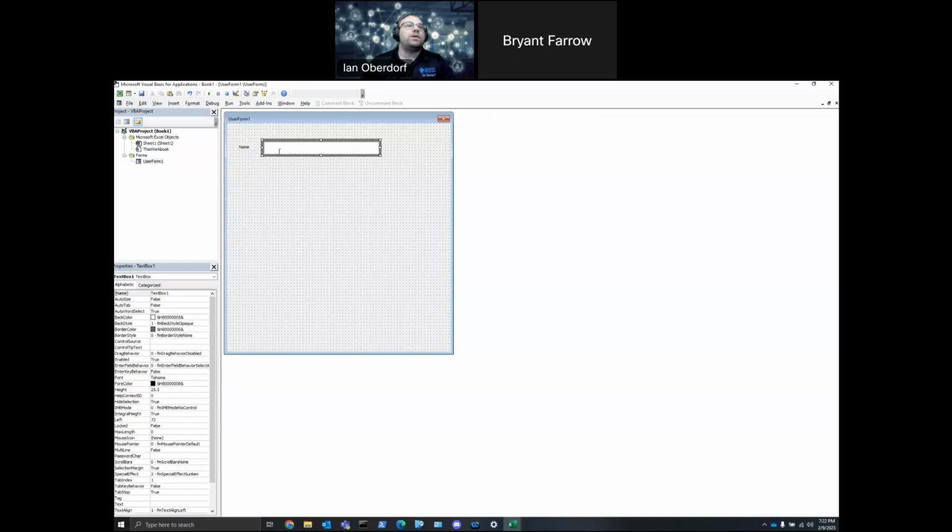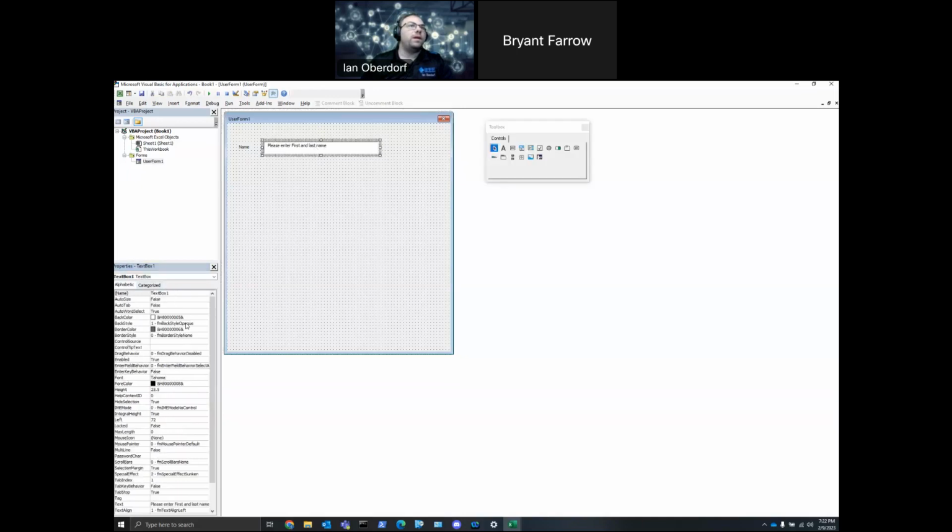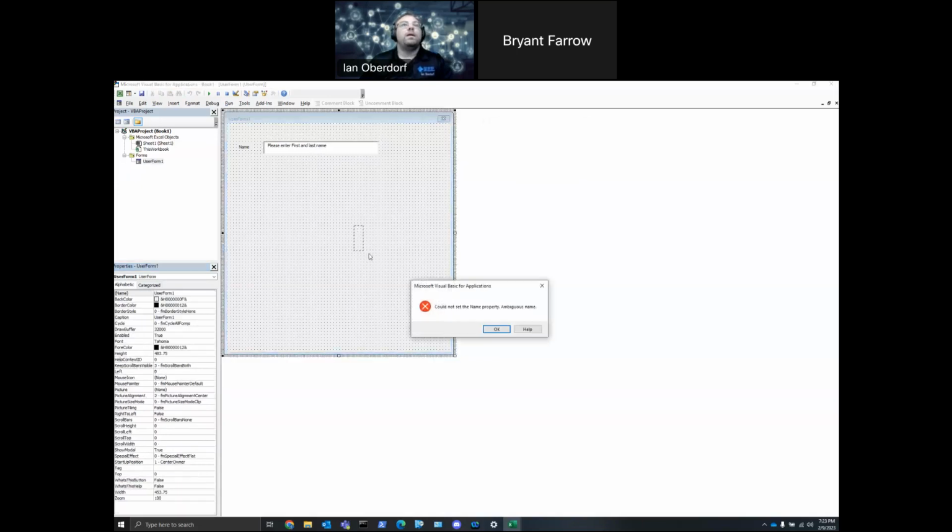Now this text box, we can put in some text if we want. This is just going to be like a temporary placeholder until someone enters stuff. So we can say, please enter first and last name. All right. And then we're going to call this text box here name text box, just for easier reference. And now that we have all that done,